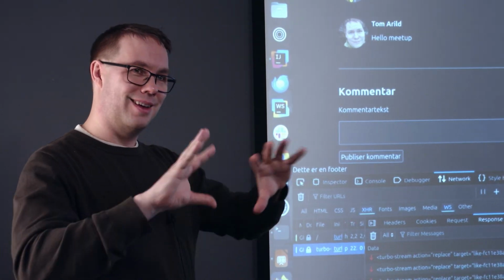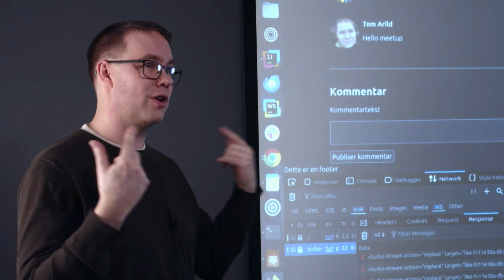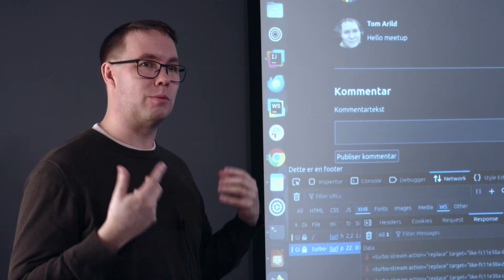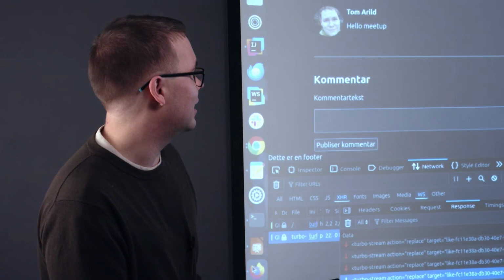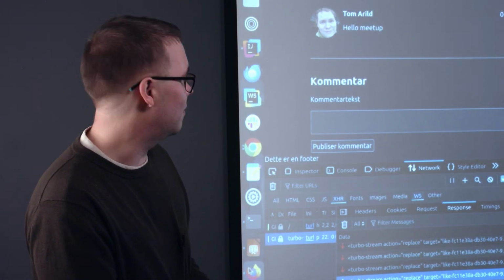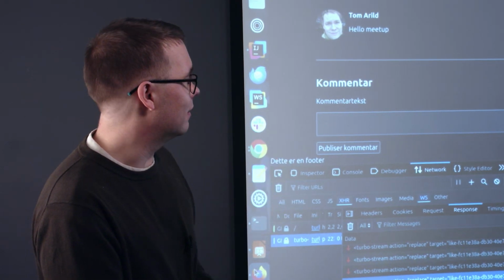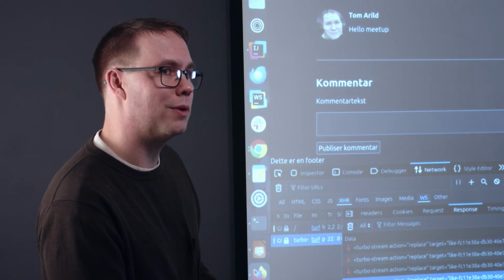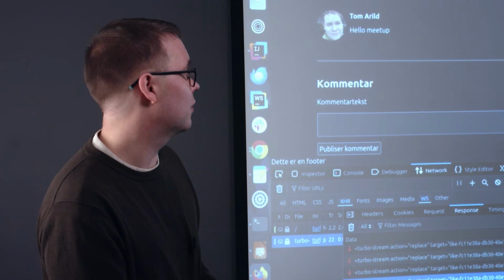So when it fetches the new HTML and changes out the DOM, you also need to run your front-end JavaScript again to attach to that DOM. So if you have an existing page, you have to be very aware that it still has to work under those circumstances. For us, we implement our front-end JavaScript as custom elements, as web components, because they just have